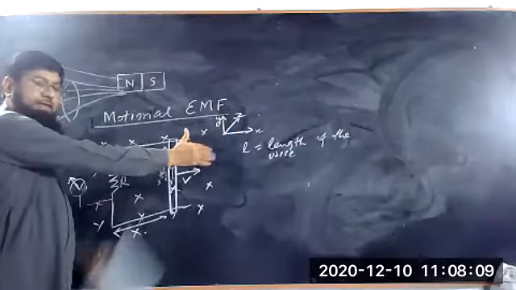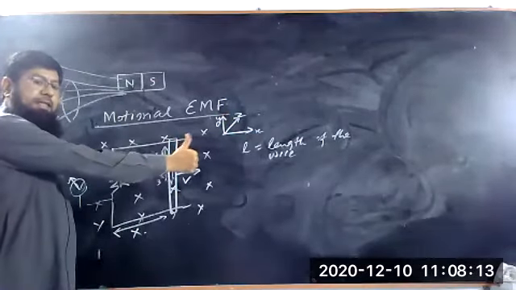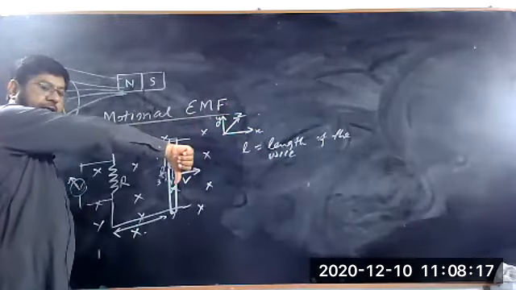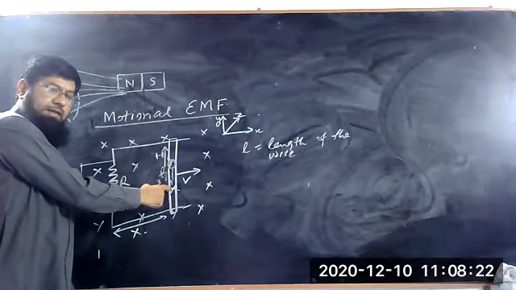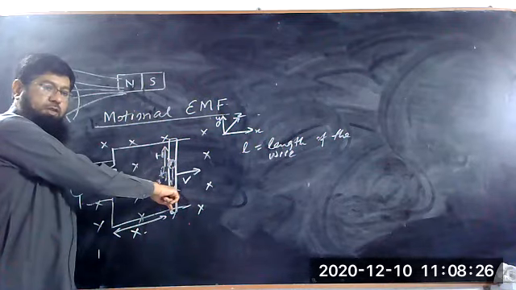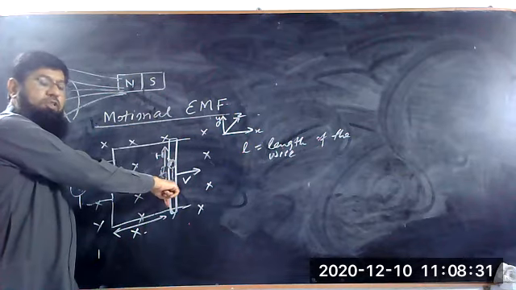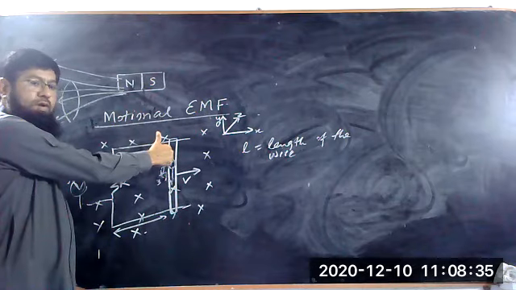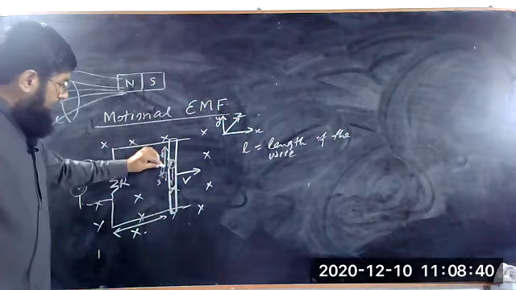B is inside, so v cross B gives an upward force, but due to the negative charge, the direction of the force is reversed. Therefore the force is in the downward direction. All the electrons within the wire will experience the force downward. As a result, the electrons move downward, which generates a current, and the direction of the current is opposite to the flow of electrons. We call it the conventional current, and it means the current is flowing in it.